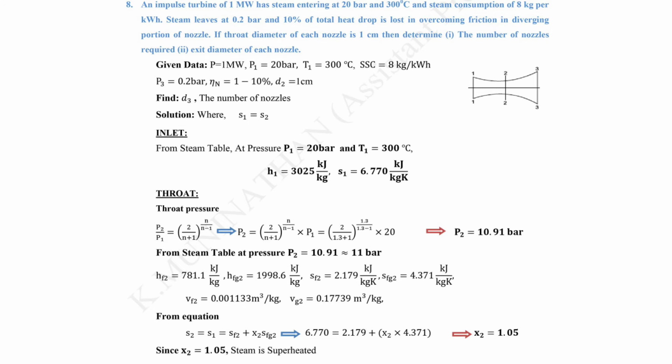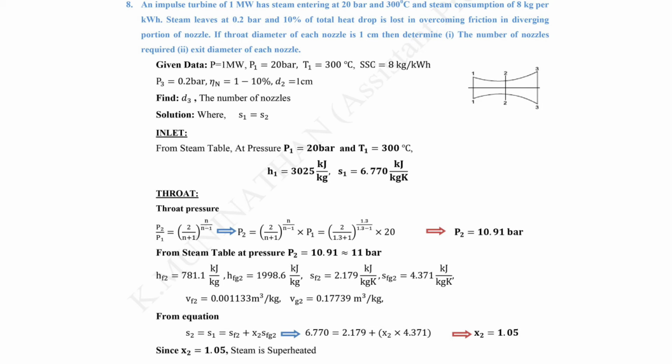If the throat diameter of each nozzle is 1 centimeter, determine the number of nozzles required and the exit diameter of each nozzle. Here we can see the given data: power 1 megawatt, pressure 20 bar, T1 is equal to 300 degrees Celsius,